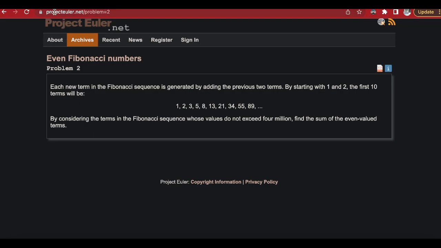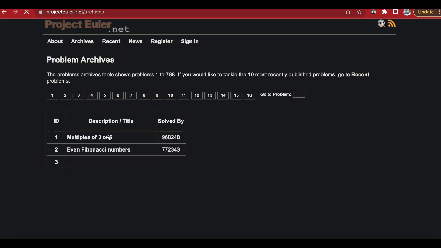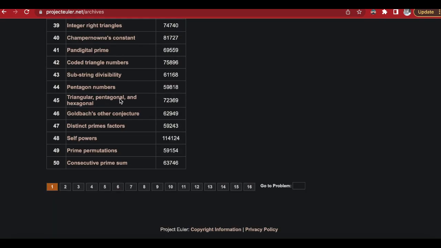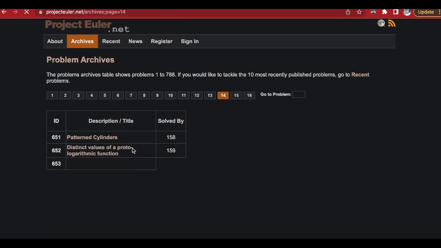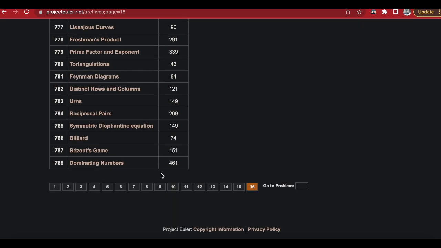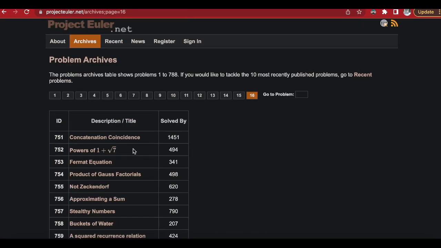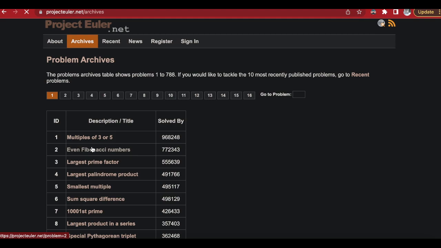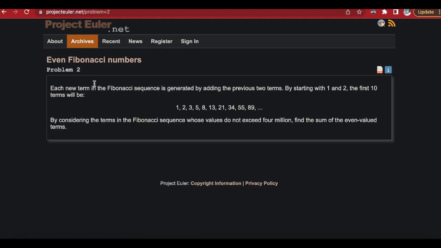Today we'll be solving a Project Euler algorithm. Project Euler is a website that has tons and tons of algorithms, hundreds and hundreds, maybe thousands of them. Let's go to page 14. It's up to 600 and maybe moving up to 1,000 if I continue. Today we'll go back to the first page and solve problem number 2, which talks about even